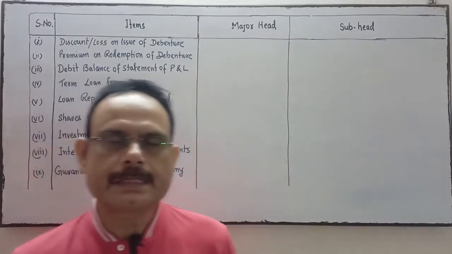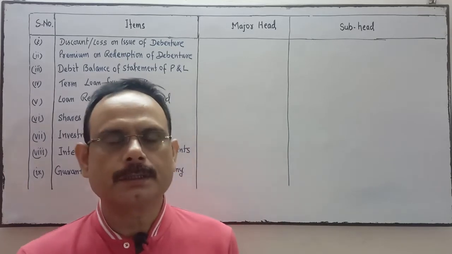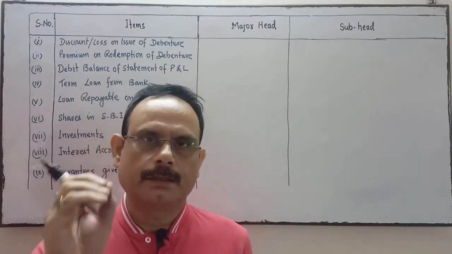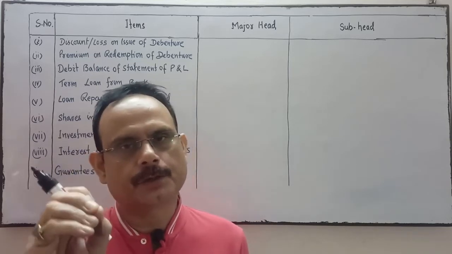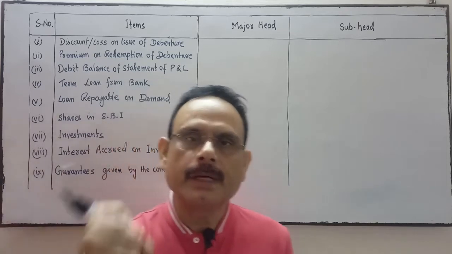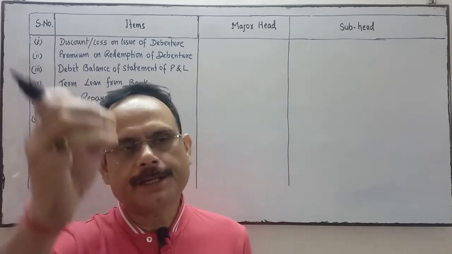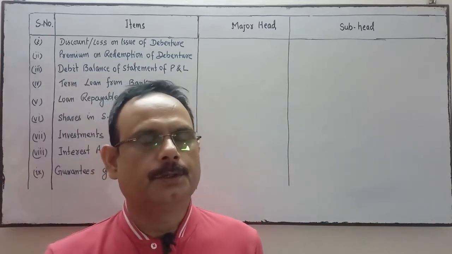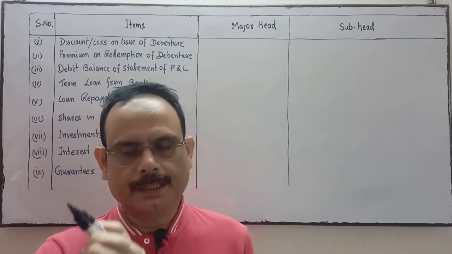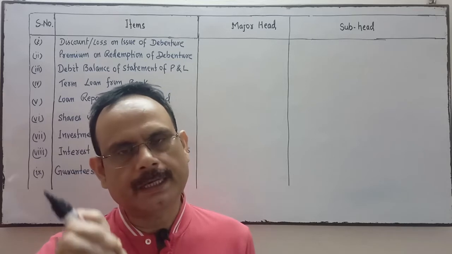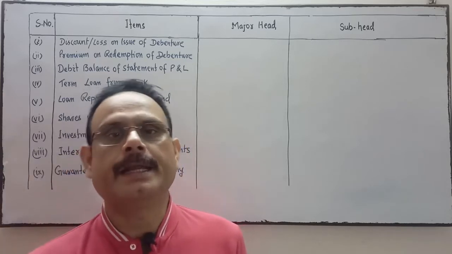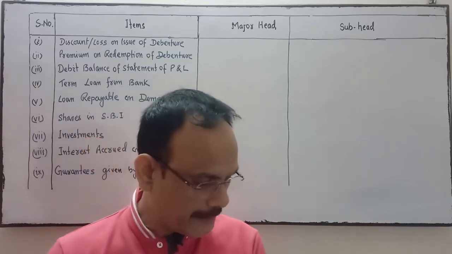Now we will see the problem based on the balance sheet, especially the item which will be shown in which heading and subheading. Some items will be given to you. You have to find out under which heading and under which subheading this particular item will be shown as well. So the question is,